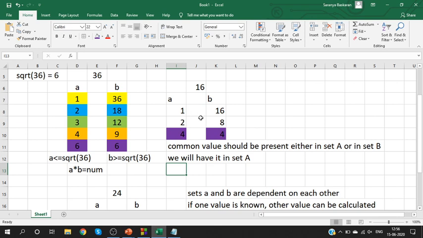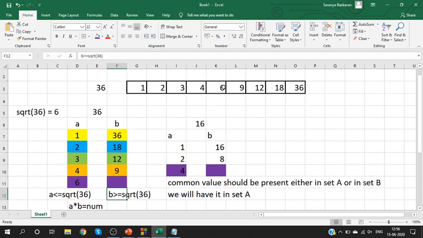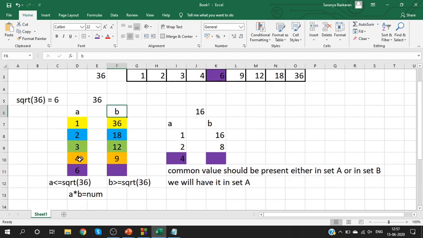For the program which we are developing, I am going to have it in set A, which means set B will not have the duplicate value. Can you understand this? Yes, since it is present in both cases. See, I need the factors only once. When I write the factor, I'll write 6 only once. But since we are having it as two sets, 6 may be present in both the sets. To overcome that, I will have 6 only in set A. I will not repeat it in both the sets.